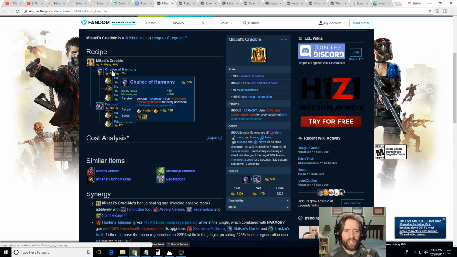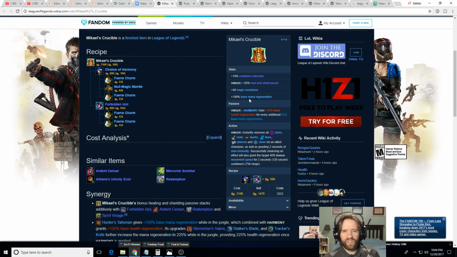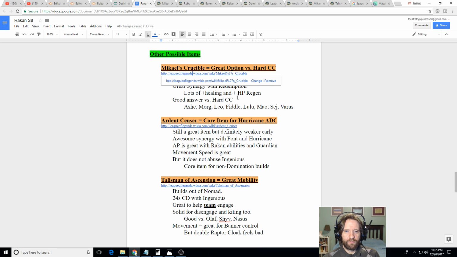But if you complete the Chalice early on, then you do get a lot of extra base regen. So if you want to rush Mikael's and you get Chalice early, that will help you sustain through some tough lanes. So it's okay. It does give you some magic resist, which is kind of whatever. It gives you the CDR. It's cheap. So it's not completely amazing to have to rush this item,